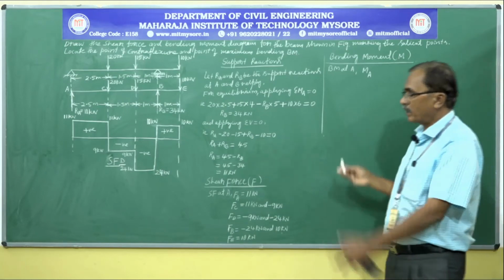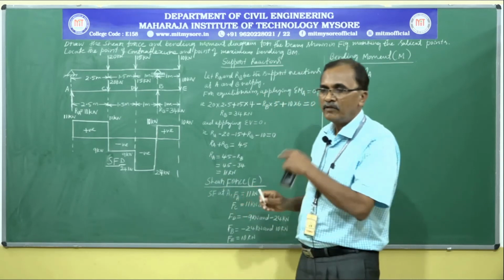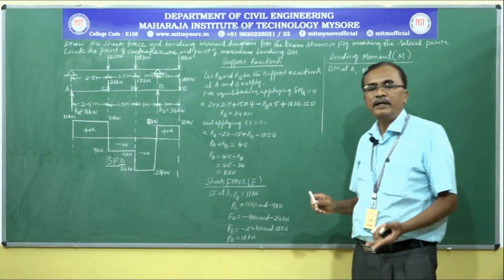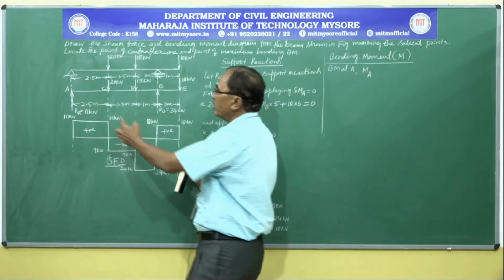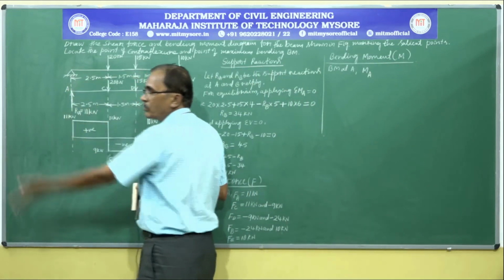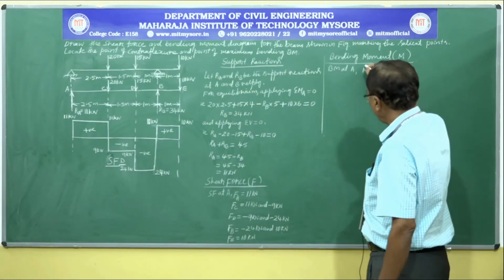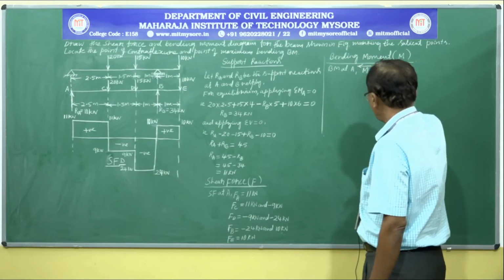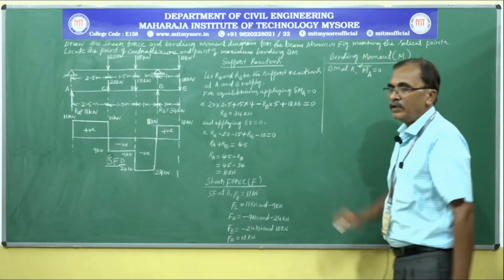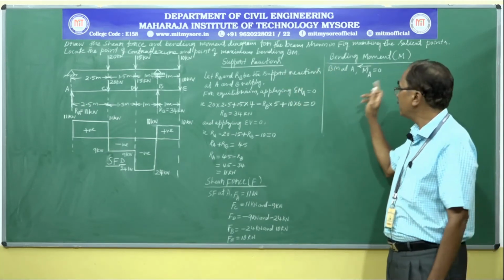As we already know, to calculate bending moment at a point, we can consider forces to the left of the point or to the right of the point. Here, if we consider forces to the left of the point, there are no forces and no moment. Hence, bending moment at point A, by considering forces to the left hand side, is equal to 0. Even if we consider forces to the right hand side of point A, we will get 0.